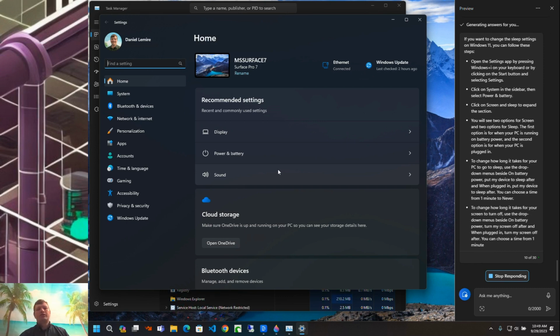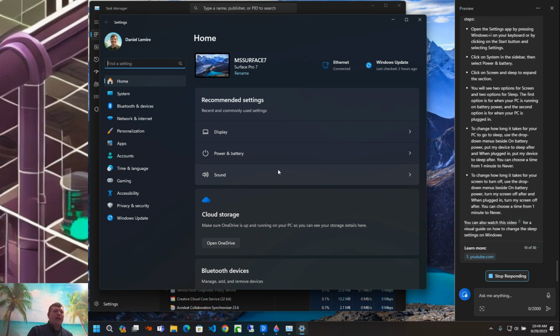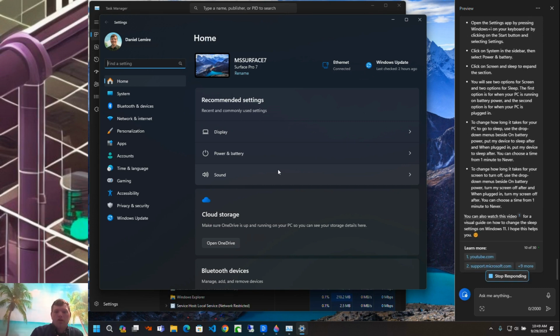So it seems to be limited to a core set of application launching and being able to turn on and off dark mode. I would say all in all, it's interesting. It's an experiment, but I'm largely disappointed with the level of integration that Microsoft has started out with here. It does enable you to do some productive things without knowing what application to launch. I think we're off to a good start here, and I think there's really a lot of potential for integration